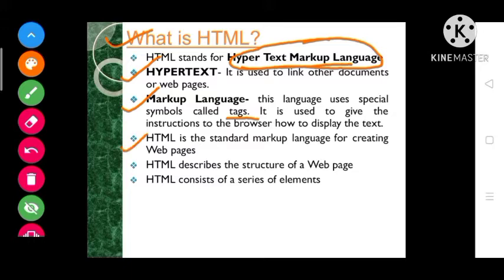HTML is the standard markup language for creating web pages. So HTML is used to create a web page. HTML describes the structure of a web page, and it consists of a series of elements. So maybe you all understood what is HTML.